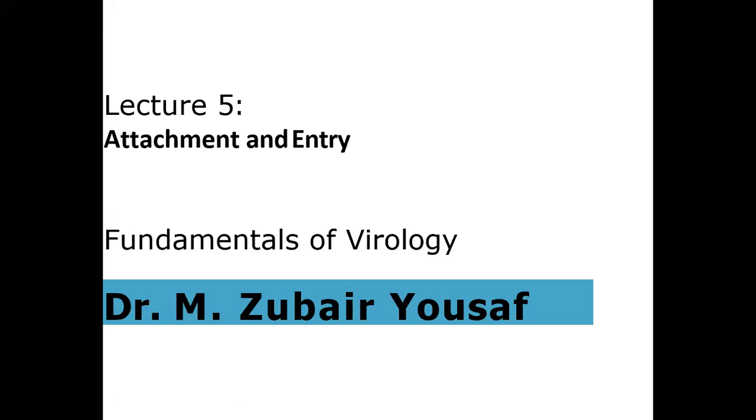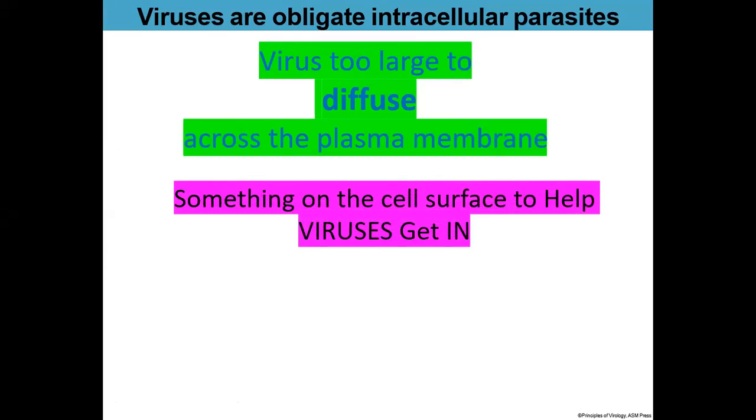All right. So first of all, you need to know that viruses are of different sizes. There are some big viruses, some small viruses, but all of them need to have some types of programs, some types of gadgets to enter the cells, right? They simply cannot diffuse across the cell membrane because these are obligate intracellular parasites, and they must get inside of a host cell in order to reproduce or in order to increase their number, but they are way too big,